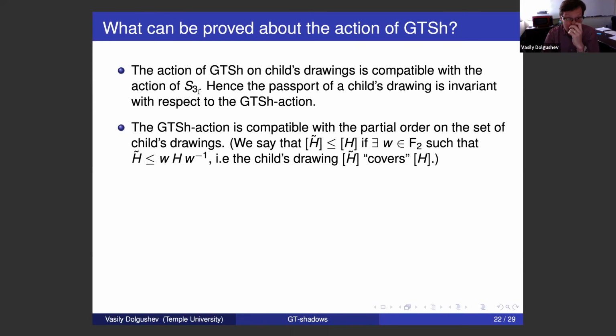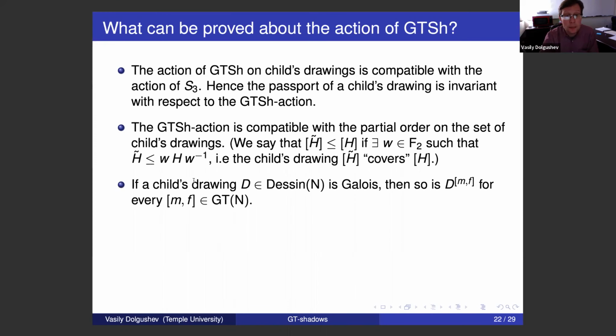And then the action of the groupoid is compatible with the partial order. There is a natural partial order. If you think in terms of coverings, one cover lies above another. So if you represent your child's drawing using finite index subgroups of F2, then here is the condition that one child's drawing is less or equal than the other if there exists an element in F2 such that this condition is satisfied. And the action is compatible with this partial order,